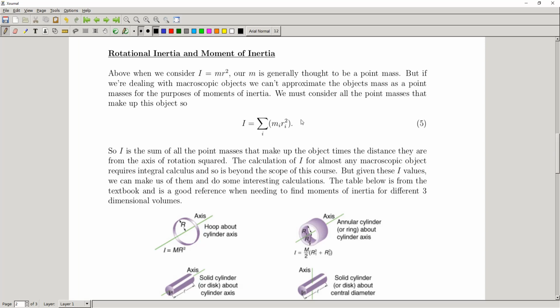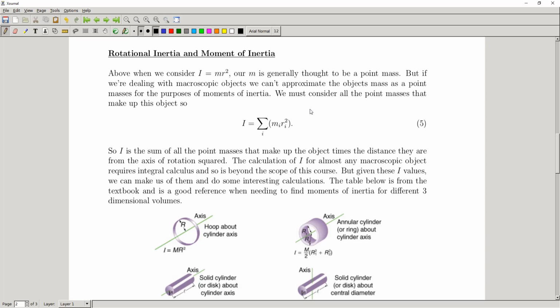I've written it out here, but this is not a very useful form, because unless you're dealing with some finite number of point-like masses, which really doesn't have an analogy in the real world, it's just a way to make our problems simpler in these examples. Sometimes in the real world you could approximate a system as being made up of point masses, but generally speaking,